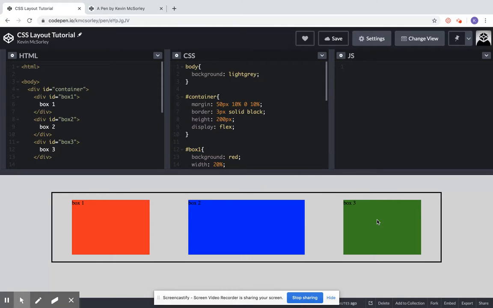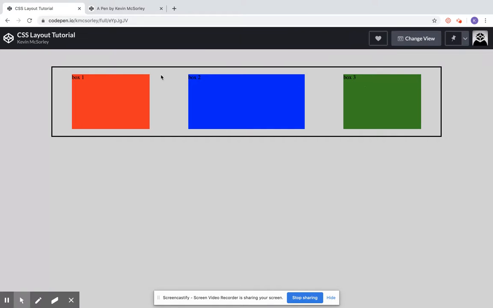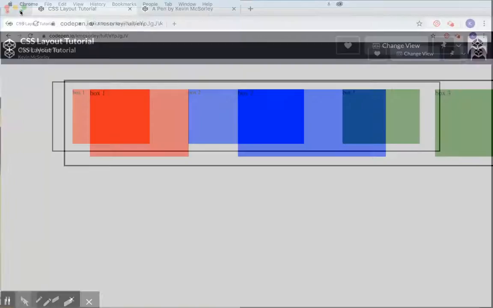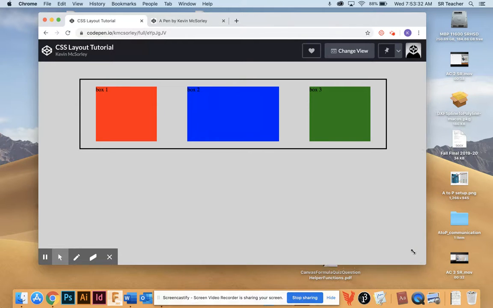all aligned like that. So one thing, if you have not already, go into your email account that you use to create your CodePen account. And if you do verify your account, then you could go into full page view right here. And it looks like what it would look like if this were an actual published web page. And so what's nice about this is now I can see that because I use my CSS layout techniques,